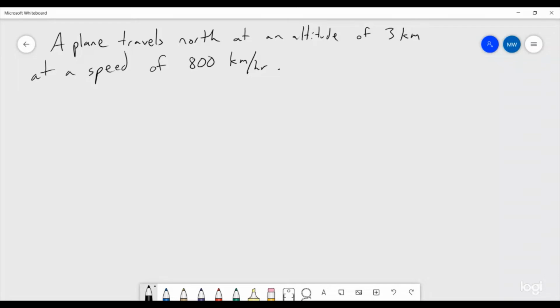So it's traveling north at an altitude of 3 kilometers at a speed of 800 kilometers an hour, and